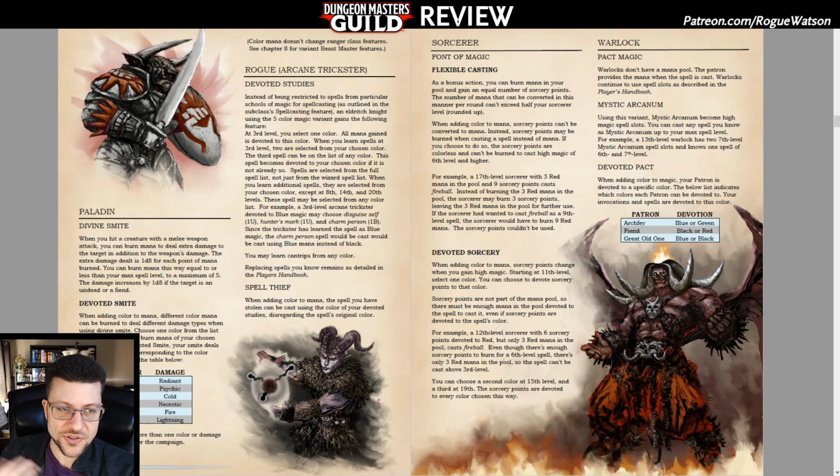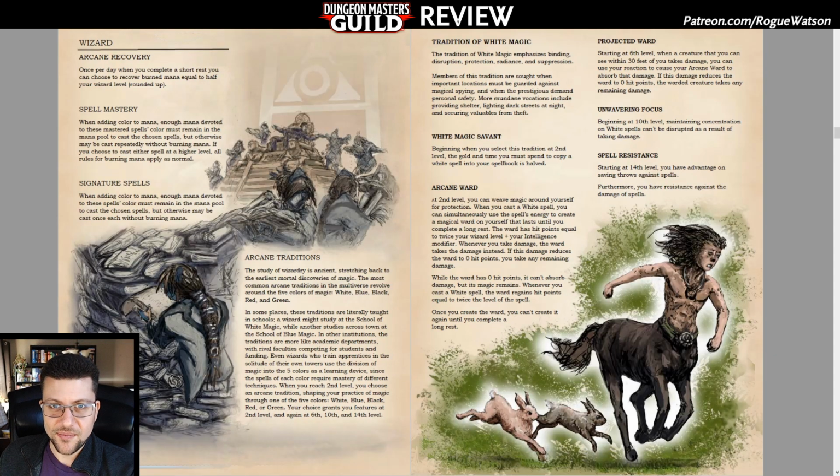Some of it is kind of perfunctory, like, as a paladin, you can use, obviously, mana points as your divine smites because spell slots don't exist anymore. So not everything is there. And the warlock, poor warlock, is just like, look, you don't actually use spellcasting. You have pact magic, which is a completely different system because it just doesn't work with spellcasting, as you've got your short rest stuff, and that doesn't work for spell points. So poor warlock. The wizard, of course, has to have their subclasses rebuilt because the wizard subclasses were those 8